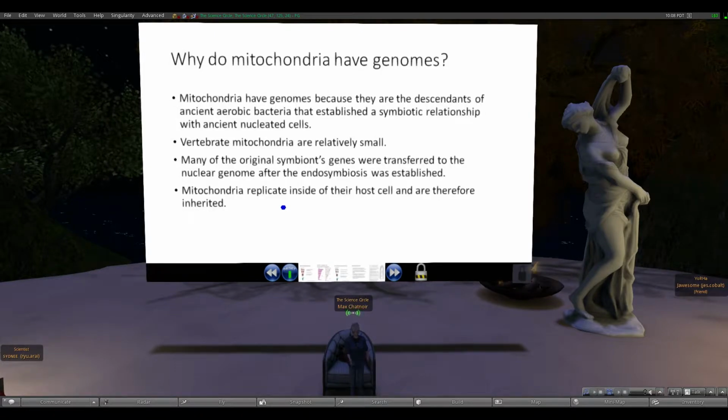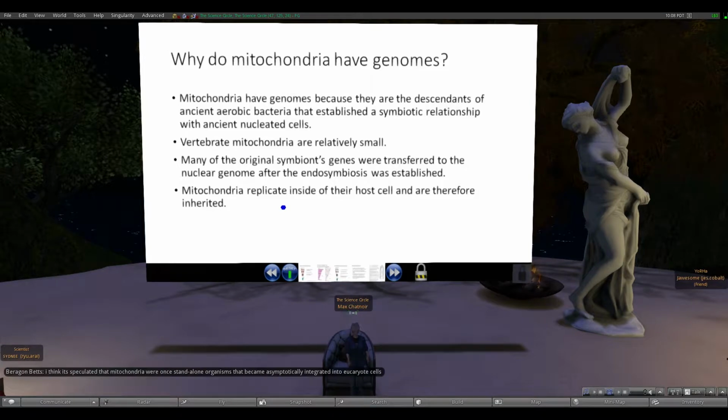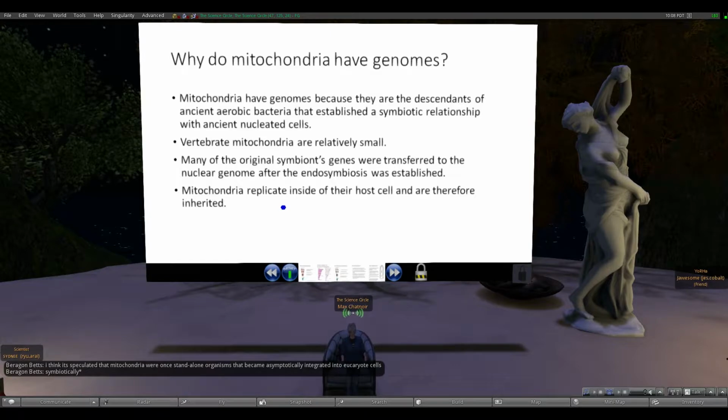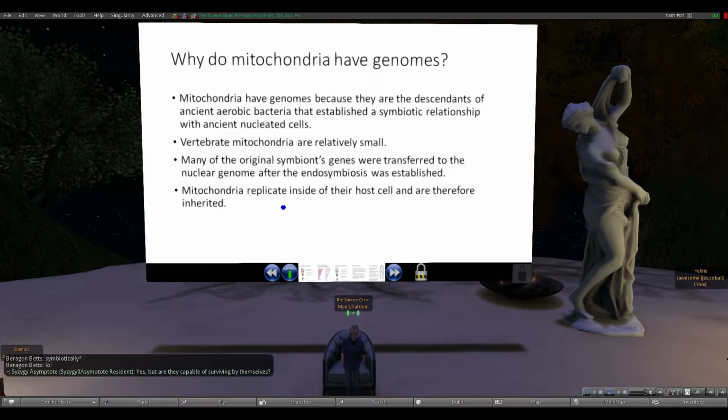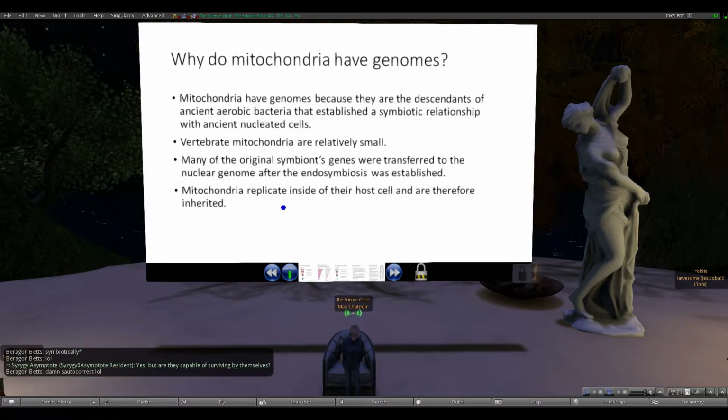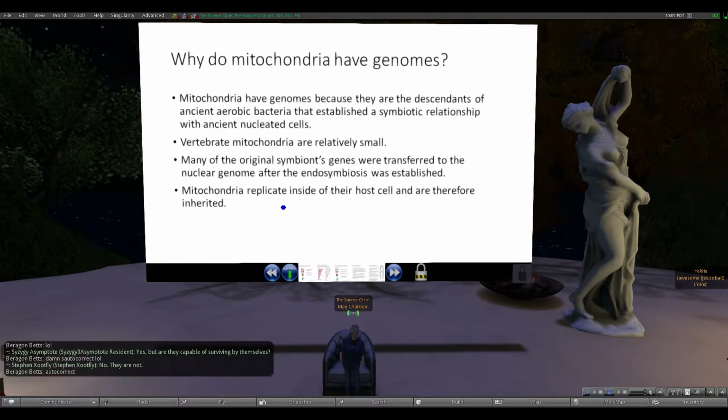So why do these organelles have a genome? Mitochondria have genomes because they used to be aerobic bacteria. They used to be free-living organisms. And about 2 billion years ago, these bacteria joined up with primitive nucleated cells to make the aerobic eukaryotic cells. The mitochondrial ancestors are related to bacteria called rickettsia, some of which now cause typhus. When the mitochondria became endosymbionts, that is, internal symbionts inside the cell,